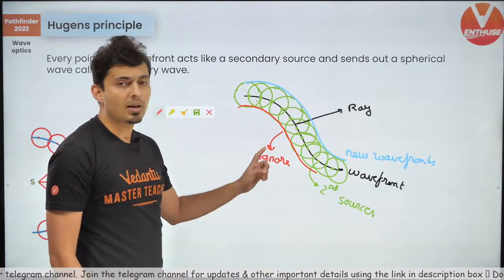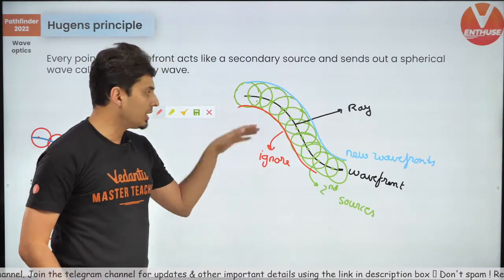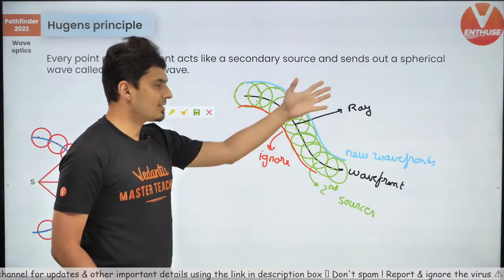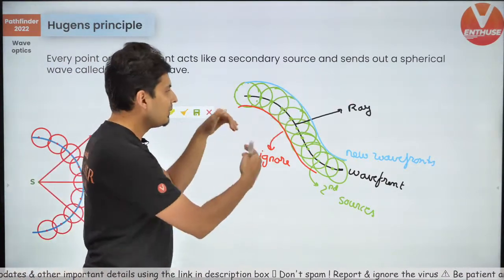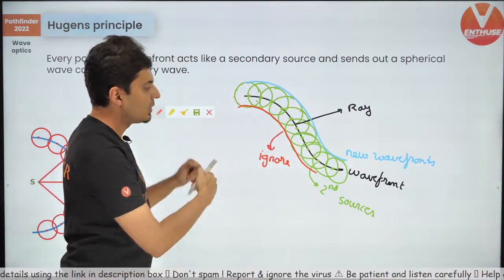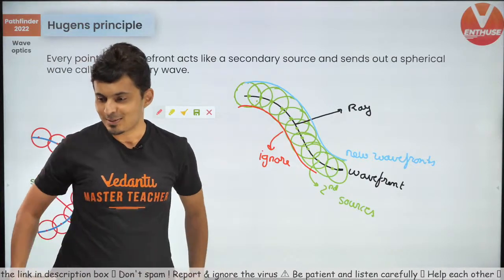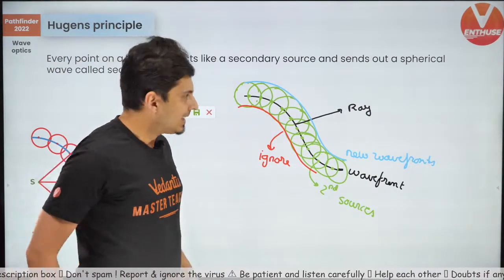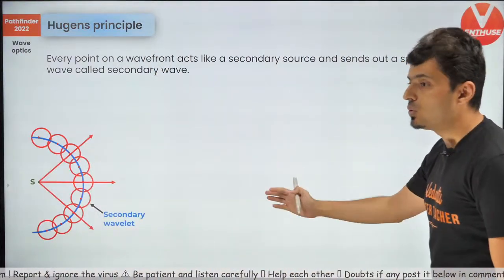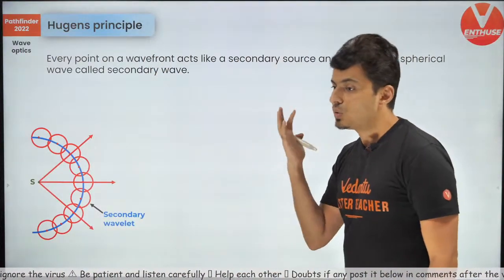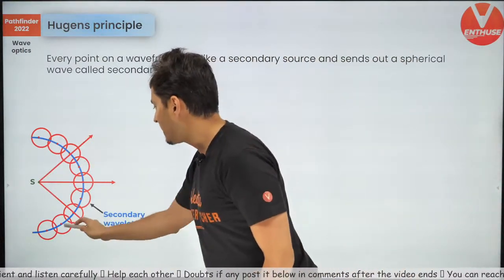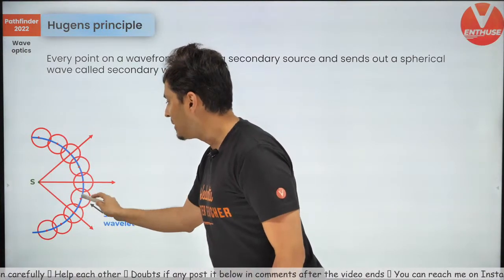Now there is a flaw over here. Huygens did not explain why you should ignore the wavefront which is there behind. Okay, but yes, we know that the ray is traveling this way, light is traveling that way. So obviously the new wavefront should be formed ahead over there. Obviously not this way. I hope this is clear. Okay, is that understood? So this construction enables us to calculate the new position, the new location, the new look of that wavefront after some time. So if you had a wavefront like this, you will see multiple sources.